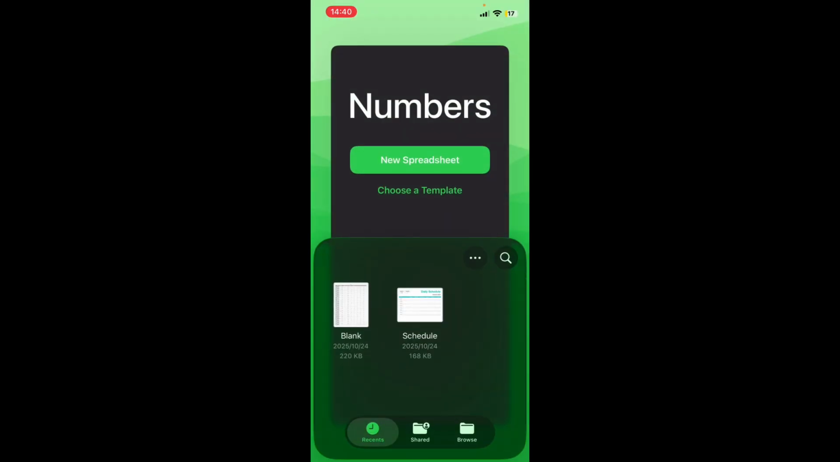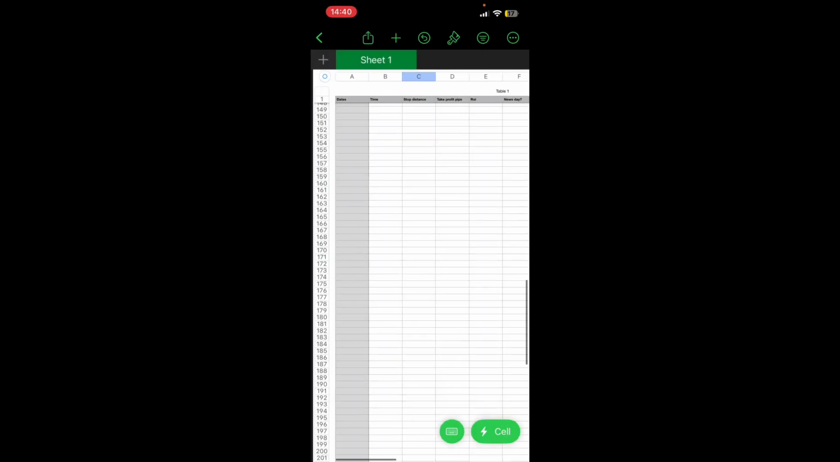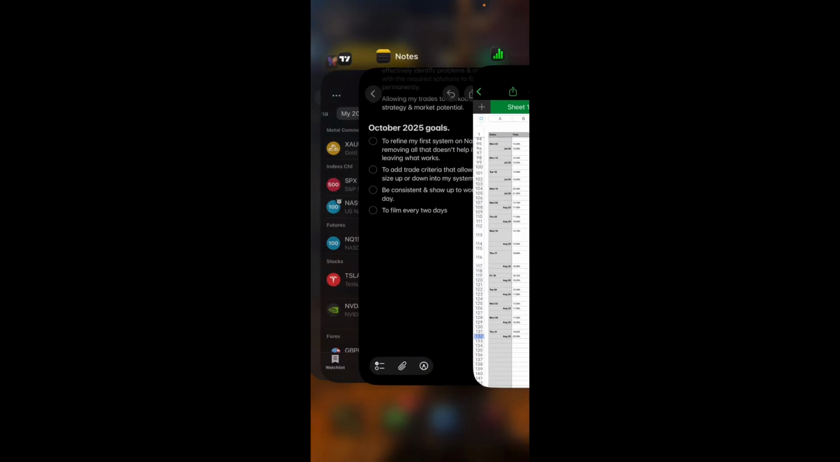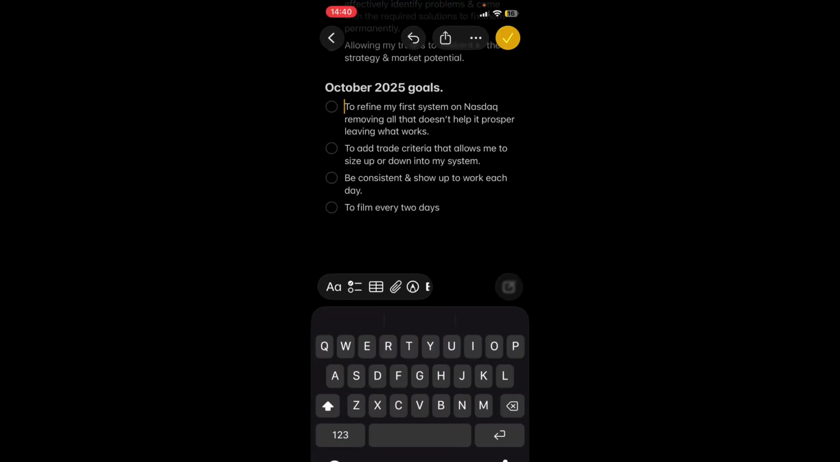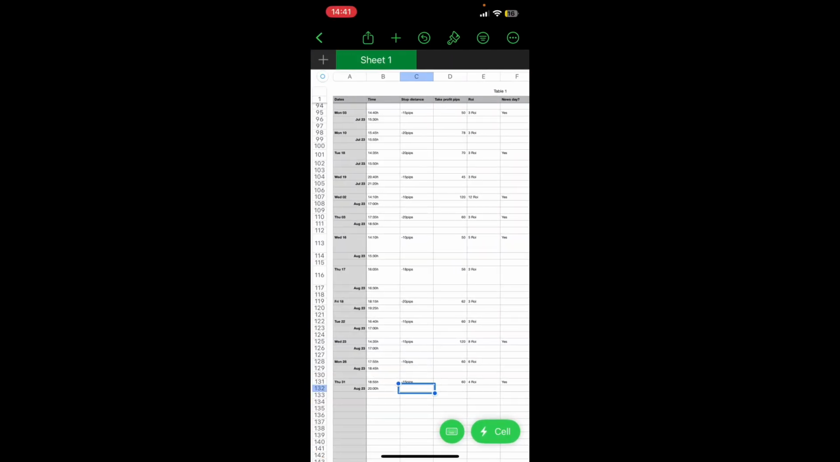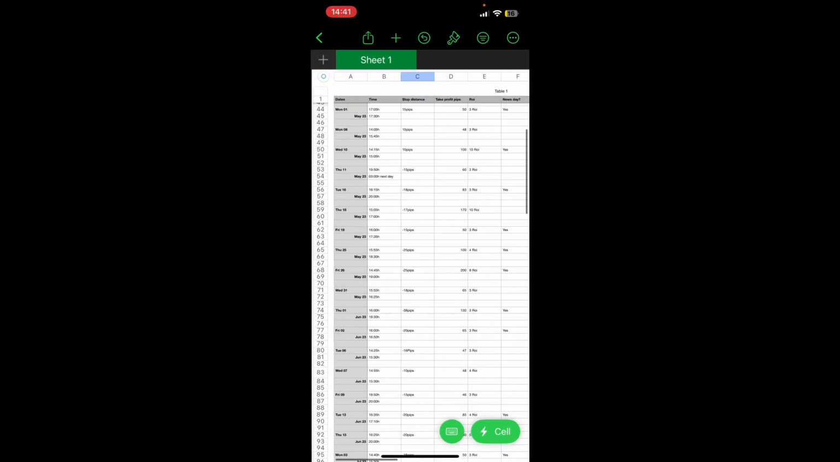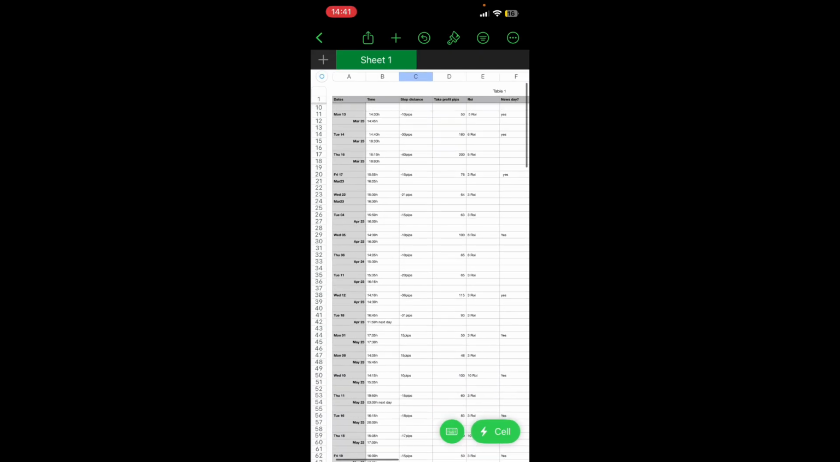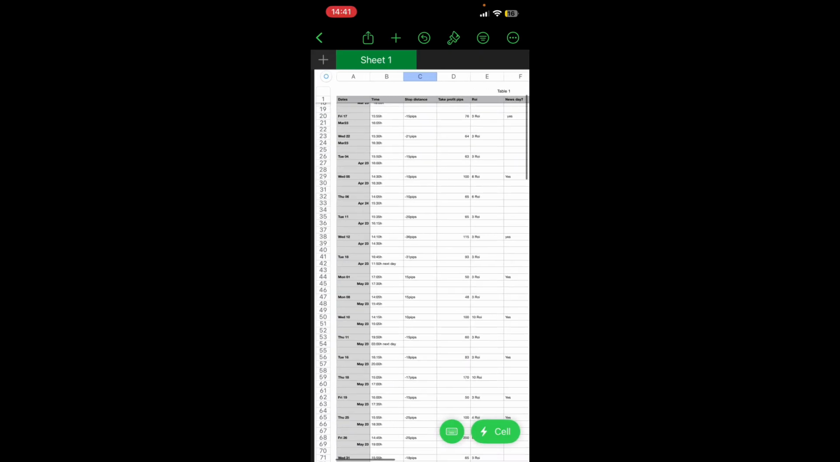So I'm going to open a spreadsheet and show an example. Remember, on my goals here, I said I wanted to refine my first system on Nasdaq, removing all that doesn't work, helping it prosper, leaving what works. So the whole, I don't know if it's the whole of October, but I was trying to find out what works and what doesn't. So this spreadsheet you see here has the days in 2023 where the market hit take